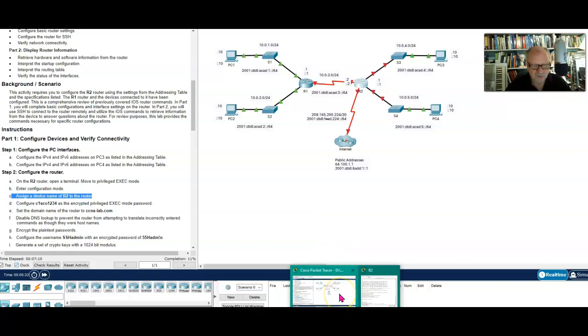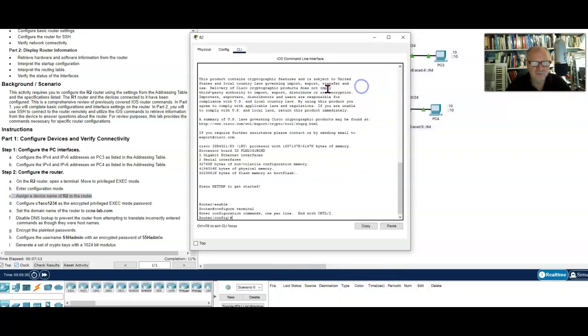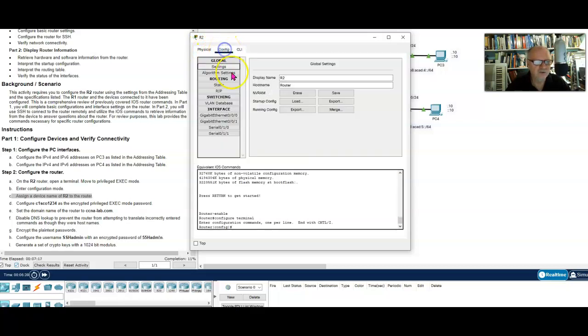So it turns out that in Packet Tracer, you do have this config tab here for configuring just some basic things like the display name and host name. You can even configure some other things here, serial interfaces and so on. But we're going to use the command line for everything in here. But one thing I do want you to note on this config tab is this display name. And it's already set up the display name as R2.